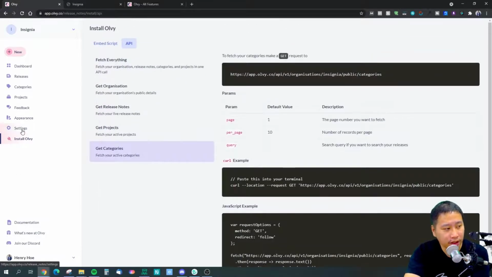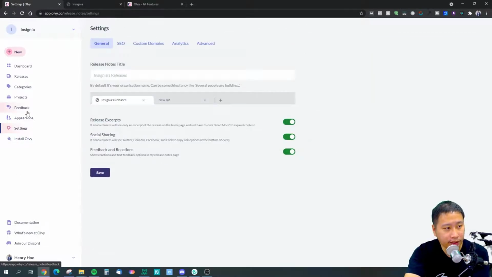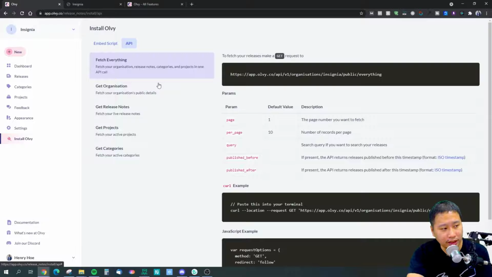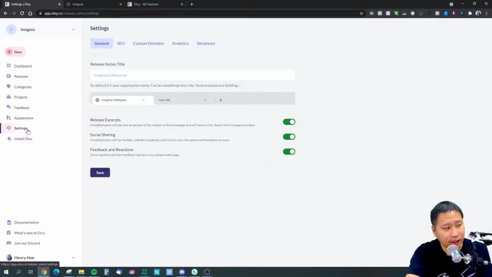Unlike what they mention on their website right now, I think these are planned, but with the API, they don't actually show any direct integration with Slack or Discord. So I don't think these are ready yet, so that's something to take note of. And in the settings page right here, one thing cool about Olvy is that you can actually set up